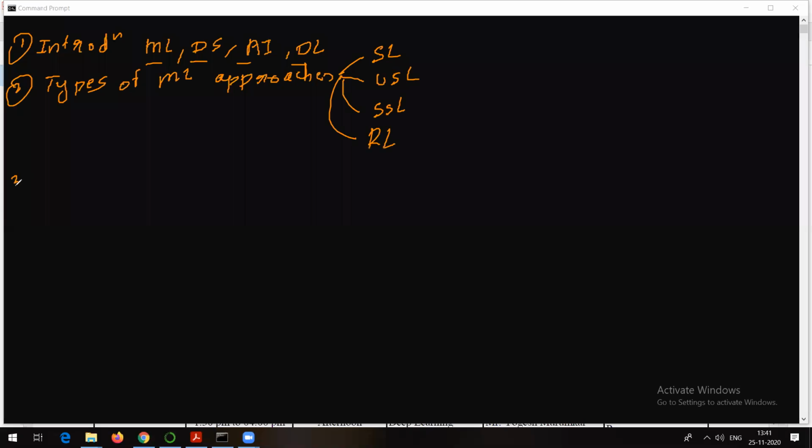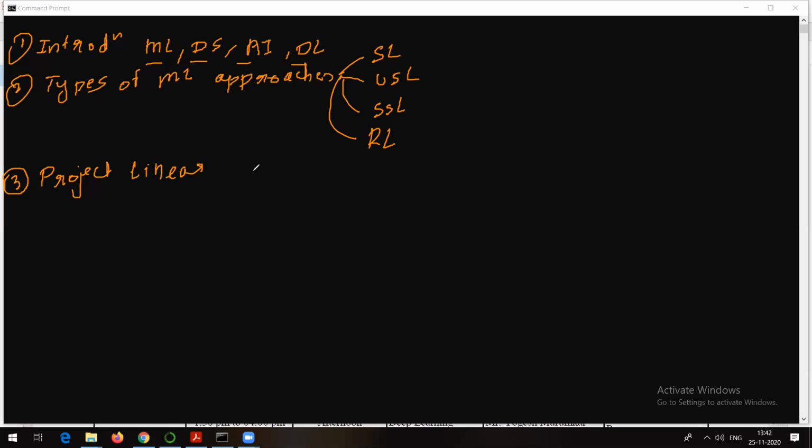After that, as I told you, we will try to do some hands-on on these topics. So I will be talking about an application or a project. We are going to develop a project with the help of one of the basic algorithms available in machine learning to start with, and that is nothing but linear regression, right?